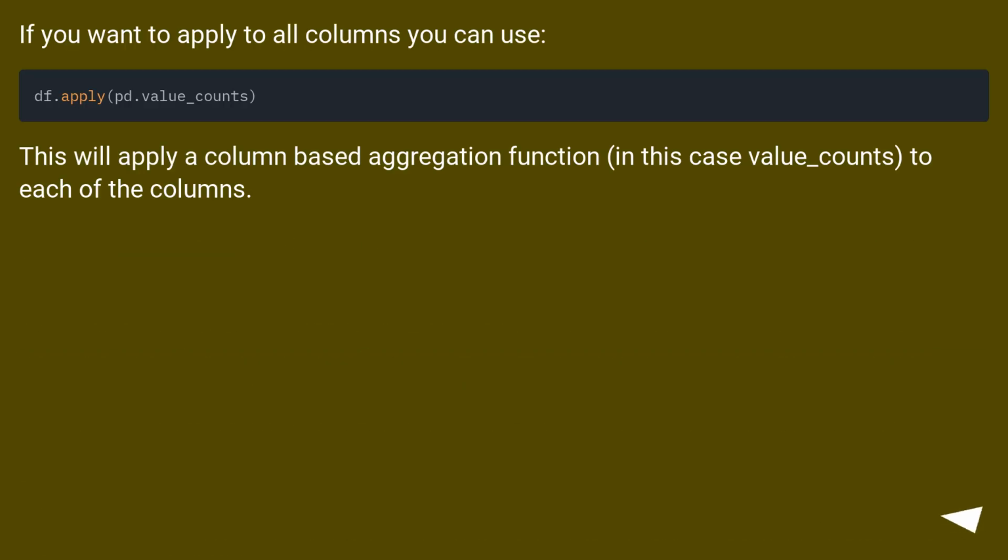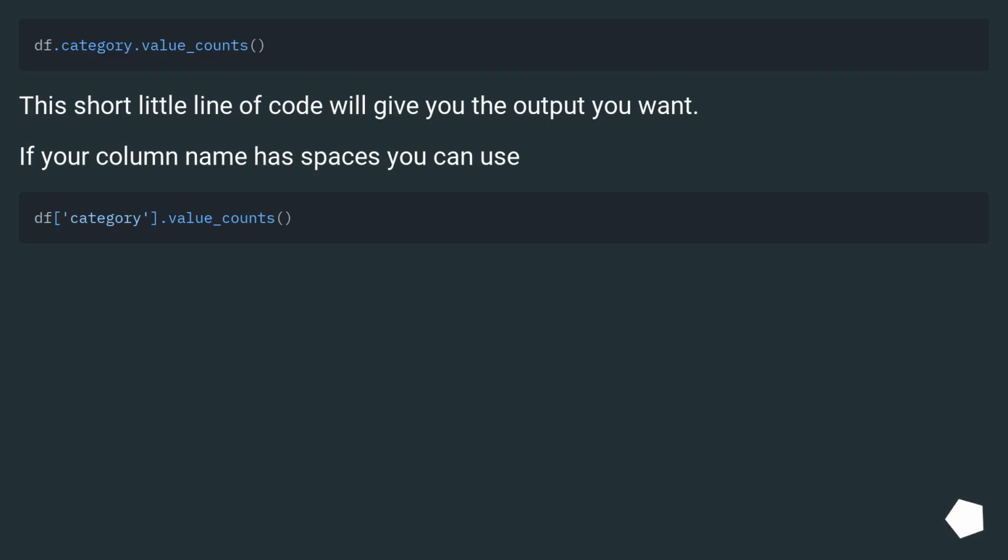If you want to apply to all columns, you can use this. This will apply a column-based aggregation function, in this case value_counts, to each of the columns. This short little line of code will give you the output you want. If your column name has spaces, you can use